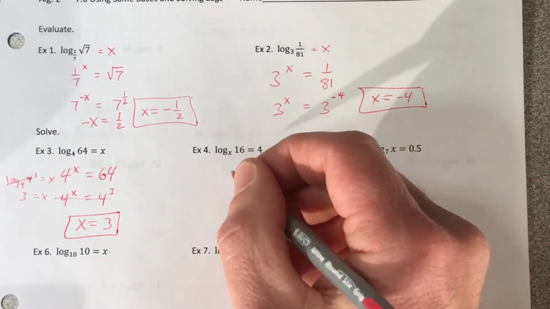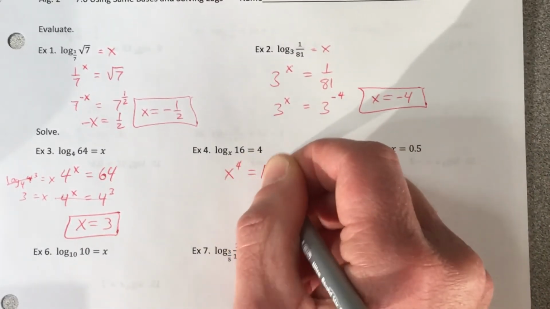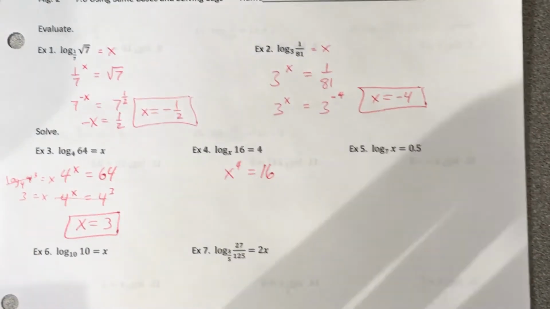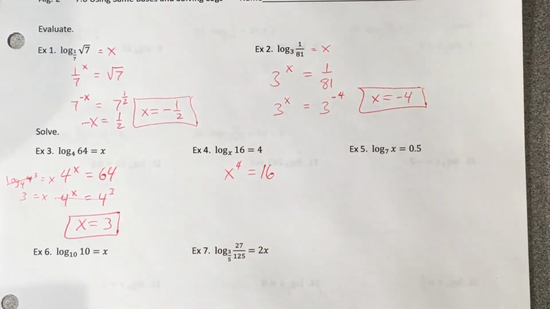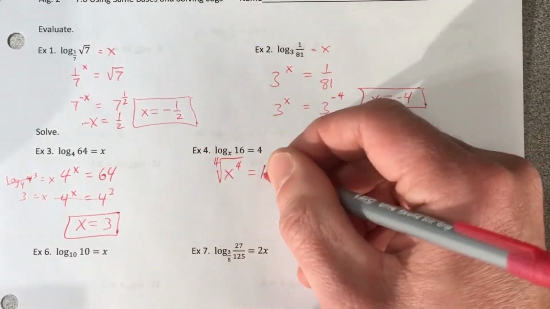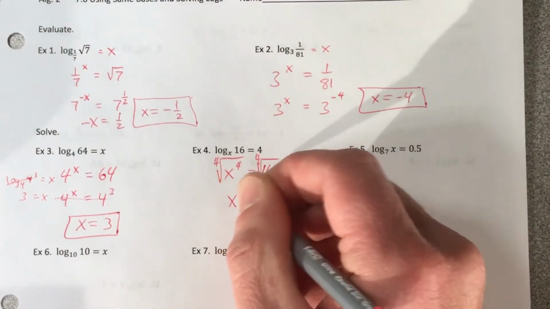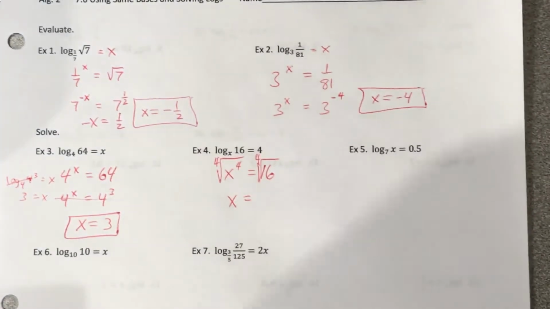Next example, x to the 4th power equals 16. So this is a little bit different. The x was in a different place. But we're asked to solve this. We're not actually going to solve this by doing same bases because we've learned other ways to solve this. If I want to get x by itself, I'm going to take a 4th root of both sides. And I'm going to get x is equal to, and it turns out the 4th root